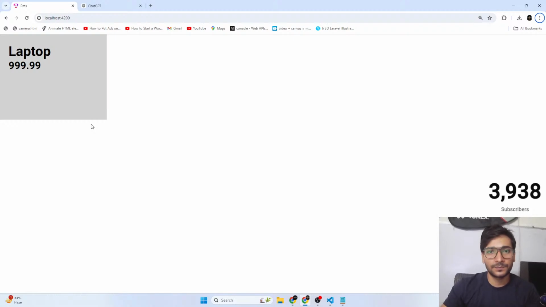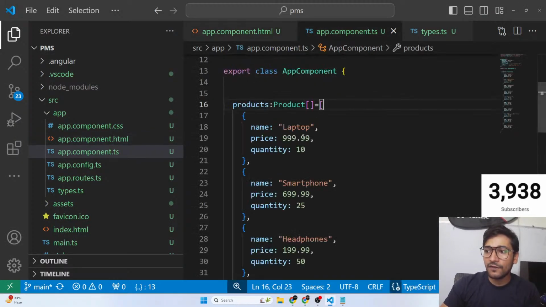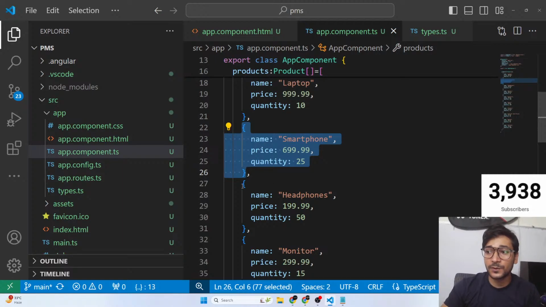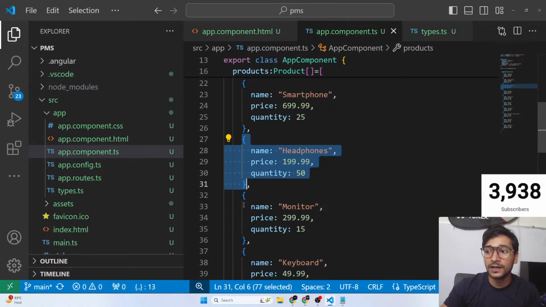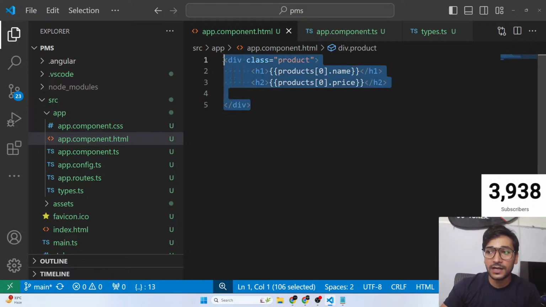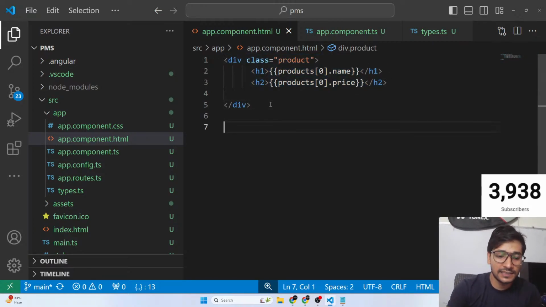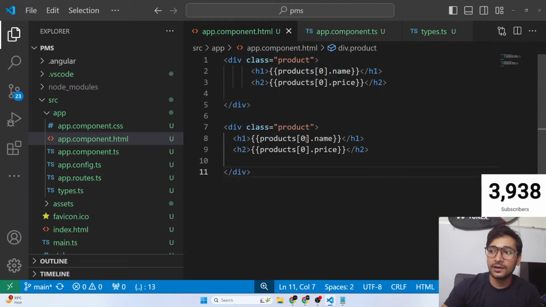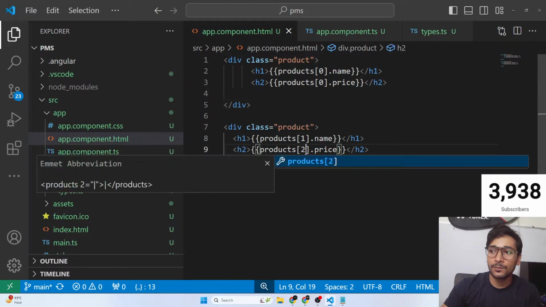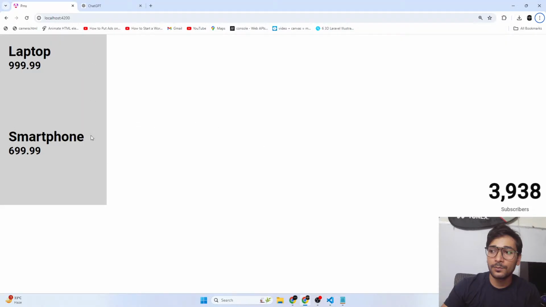One product is displayed. But now the problem is, if I want to display all my products, for this particular element I have to write product of 1. For this particular element, I have to write product of 2, then product of 3, then 4, then 5. That means for every product, I have to keep creating this box again and again. Products of 1, right? And that's a tedious task. That is something we don't want to do. See, I'm getting my boxes, but that's not the correct way of doing it. Is that clear, everyone?